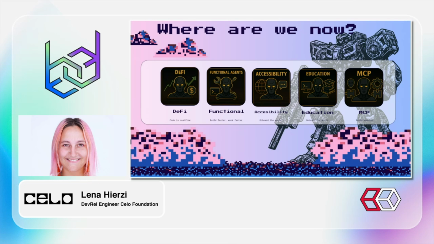Also, another pointer here: Shaw, the founder of Eliza OS, said AI agents are the future websites, and we fully agree. How often do you have a bad user experience? You don't know where to find things on a page. Now, even if you go to the Celo docs, you would not click through everything to find something. You just go to the search, or you would just ask the bot to explain it and give you that information. And the same is true even in sci-fi movies: nobody is clicking through a website. Everybody's just talking to an agent to get the information they are looking for.